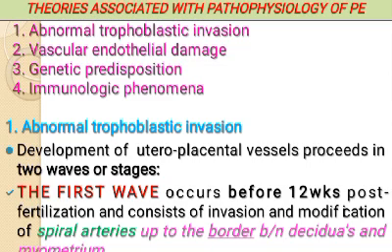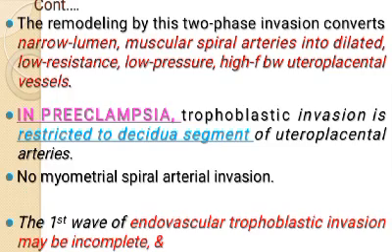The second wave, between 12 and 16 weeks, involves some invasion of the intramyometrial segments of spiral arteries. Continues. The remodeling by these two-phase invasions converts narrow lumen muscular spiral arteries into dilated, low resistance, low pressure, high flow